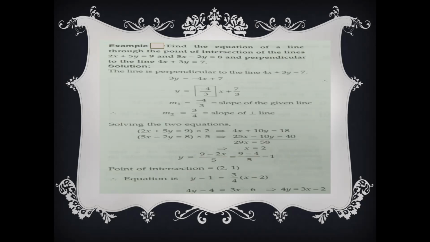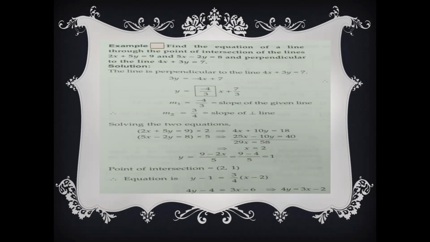So first we'll see जो हमको equation of line दी है जिससे हम slope निकाल सकते हैं because perpendicular line is given, 4x plus 3y equal to 7. तो पहले इस line का slope निकालते हैं. Make y as the subject, we get minus 4 by 3x plus 7 by 3. So minus 4 by 3 is the slope of the line which is perpendicular to our required line. So हमारी line का slope क्या हो जाएगा? Negative reciprocal of minus 4 by 3 which comes out to be 3 by 4. तो ये हमको हमारी line का slope मिल गया.